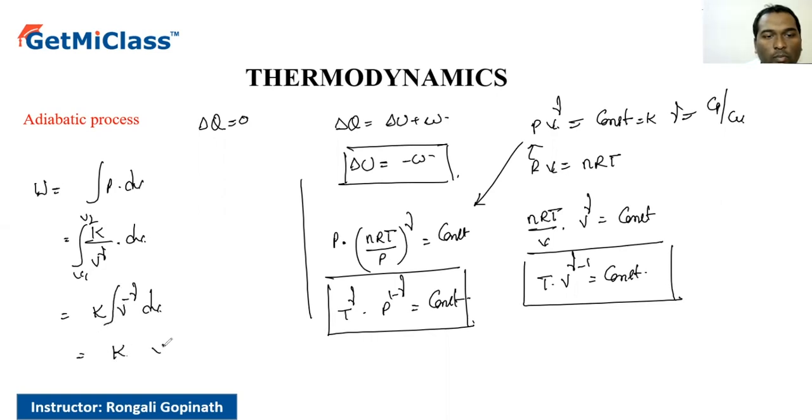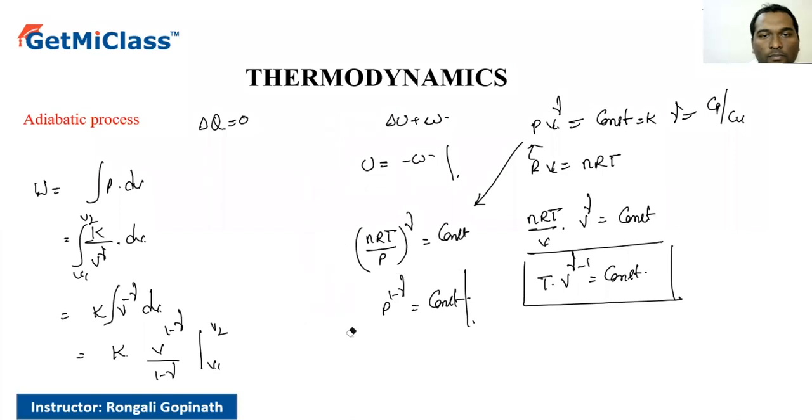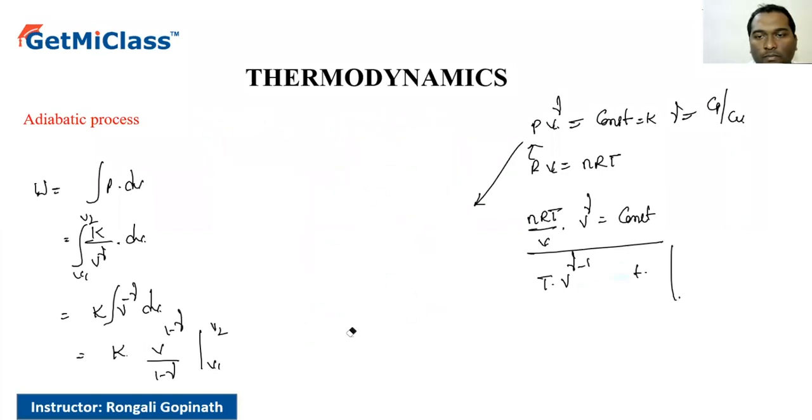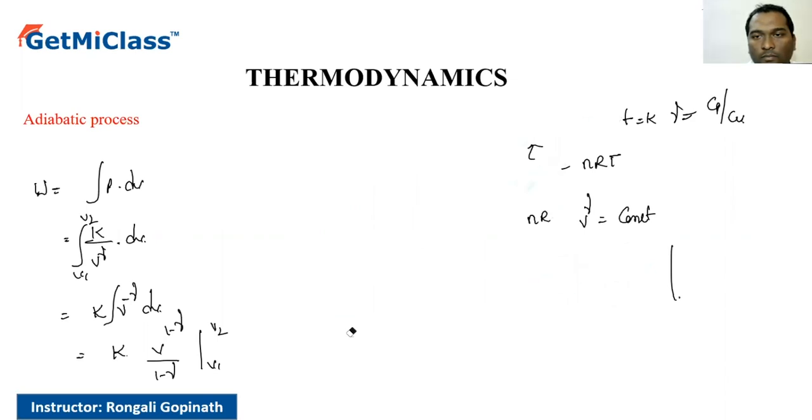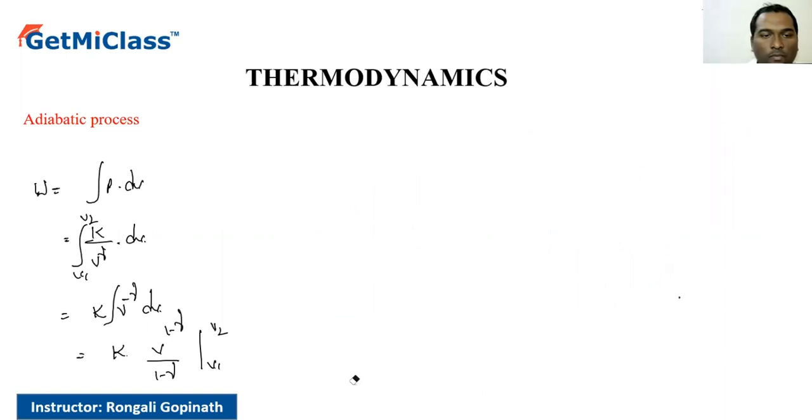That is K into V^(1 minus gamma) by (1 minus gamma) from V1 to V2, right? So it becomes K times (V2^(1 minus gamma) minus V1^(1 minus gamma)) by (1 minus